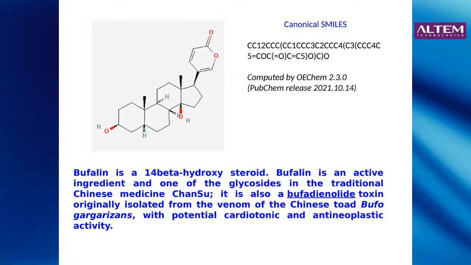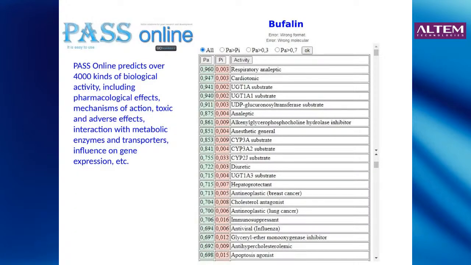So some frogs, they secrete this venom on their skin. So this Chinese toad called Bufo gargarizans secretes this bufalin molecule in its skin, and the Chinese people have used this as a traditional medicine for a long time. So probably just like artemisinin, this could also serve as a potential inhibitor for this virus.